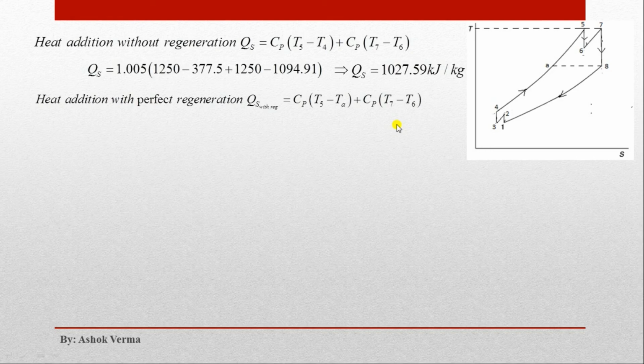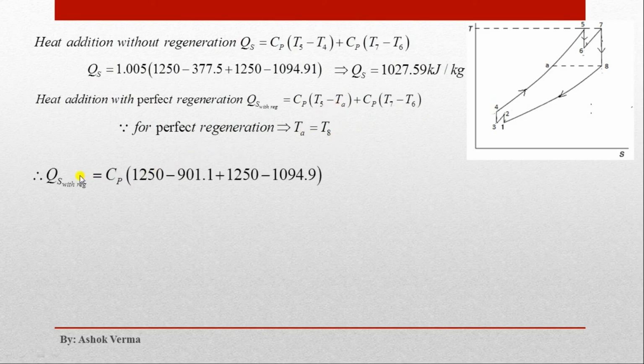So with perfect regeneration, the heat addition will be equal to Cp into (T5 minus T8), or (T5 minus TA), plus Cp into (T7 minus T6). Since for perfect regeneration TA is equal to T8, putting TA equal to T8, you will get Q supply with regeneration. Q supply with regeneration is equal to Cp into (T5 = 1250 minus TA = T8)